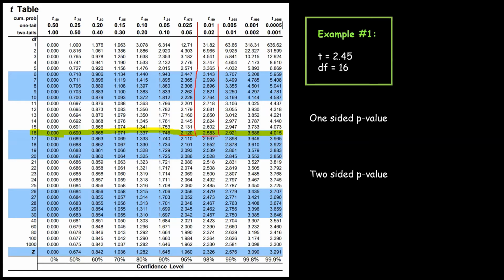So we look at the left side here. If you want to get our one tail, our p-value will then be between 0.01 and 0.025. So to write that out, it'll look something like this: